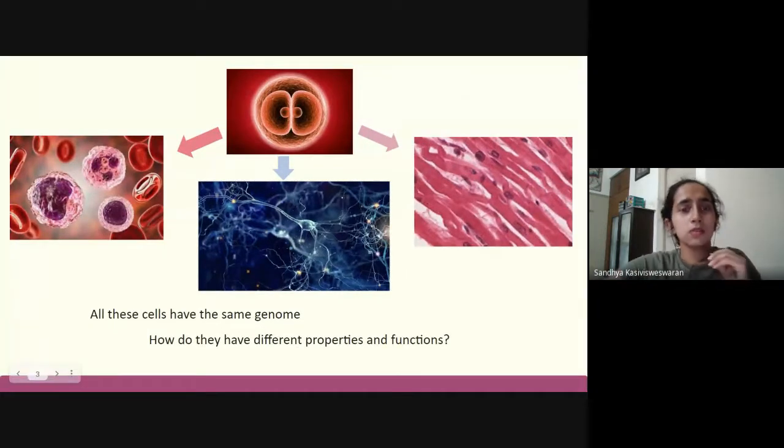So we know that you have a zygote. We all become who we are from a single cell zygote. And since all the different cells in our body originate from that one single cell, they do have the same genetic sequence. All the genetic sequence in all our cells is identical. But then we also very clearly know that they're so different, right?